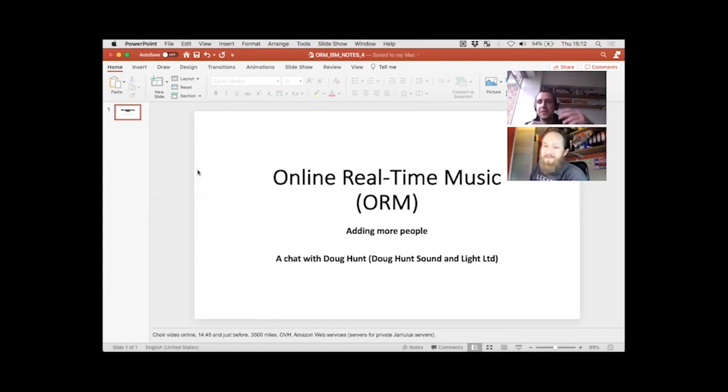Sure. Exactly. So there's more than one threshold, so to speak, isn't there? I guess there's a transition to having enough people that you need to make it easy. And that happens to be the point at which bandwidth might be an issue anyway. So at that point, you might want to switch to Jamulus on a public server just to try it out. Don't let the perfect be the enemy of the good, and just get people working. And then there's another threshold at which point people might want to employ people, like you, to set things up. So what are the reasons that people do that rather than carrying on themselves?